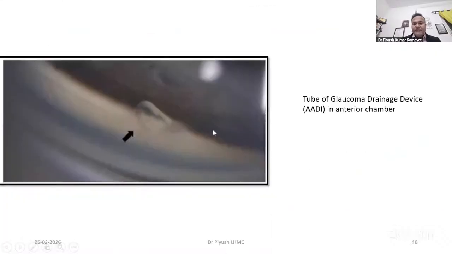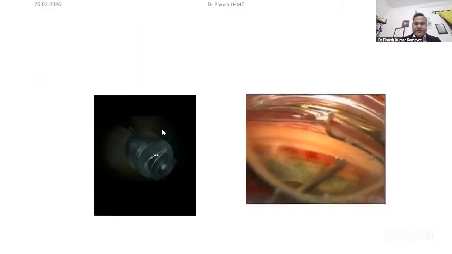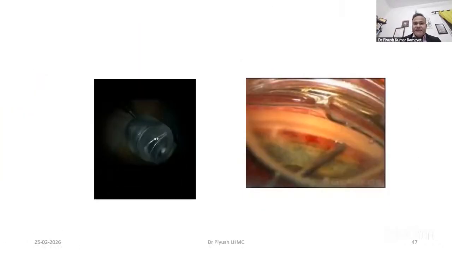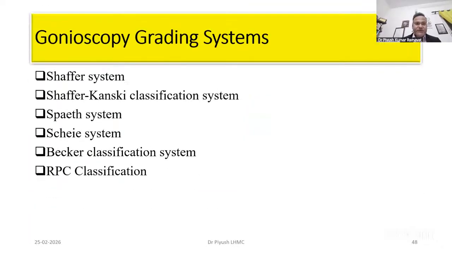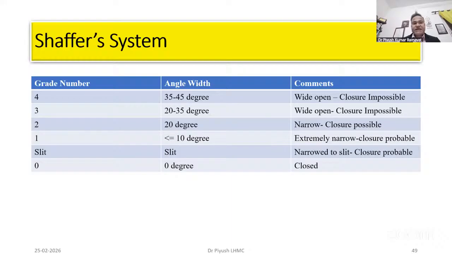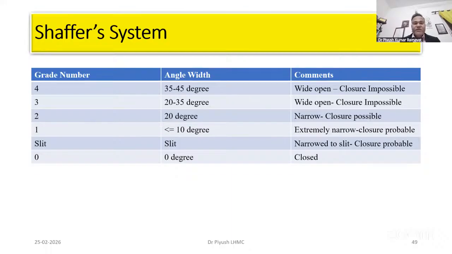Patency of the various implants, here the RD implant can be seen, which is patent. A Swan-Jacob lens direct gonioscope is used for various MIGS. Here the bang is performed. There are various grading systems for gonioscopy. Commonly used is the Schaeffer's system. Schaeffer's system divides it from grade 4 to